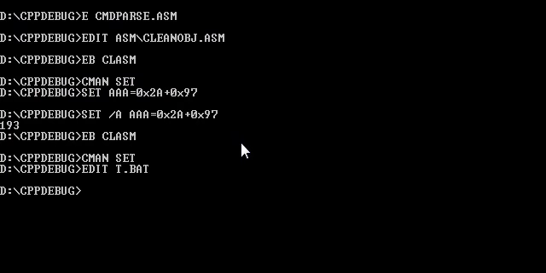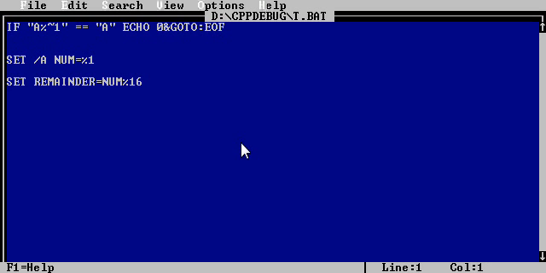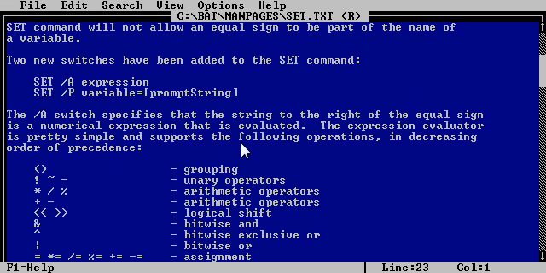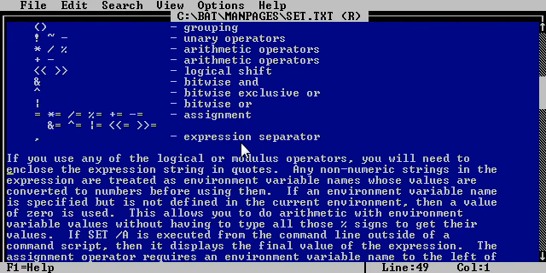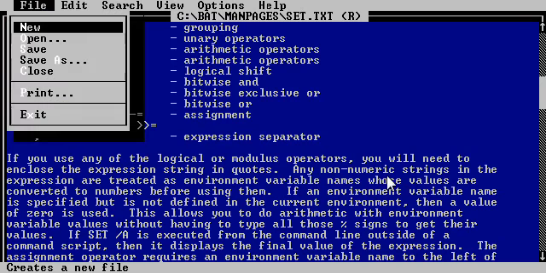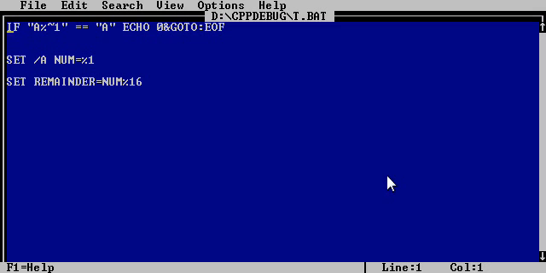And back to the help. I read it very carefully, and it says, if you use the modulus operator, you need to enclose the string in quotes. Okay, non-numeric strings will be treated as environment variables. Sounds great, perfect. Okay, so num now is a number. So now I got to put this in quotes, and then I say if